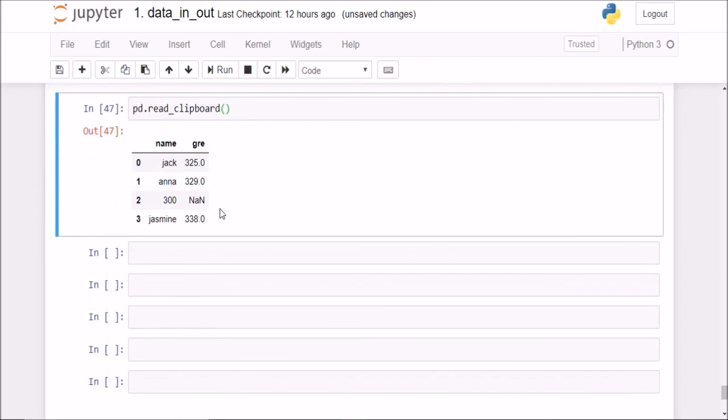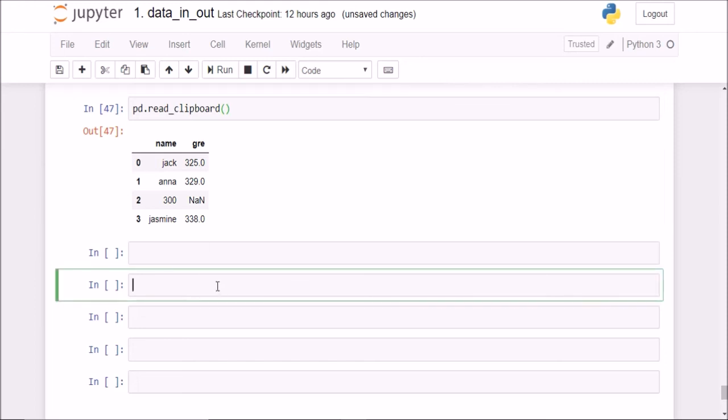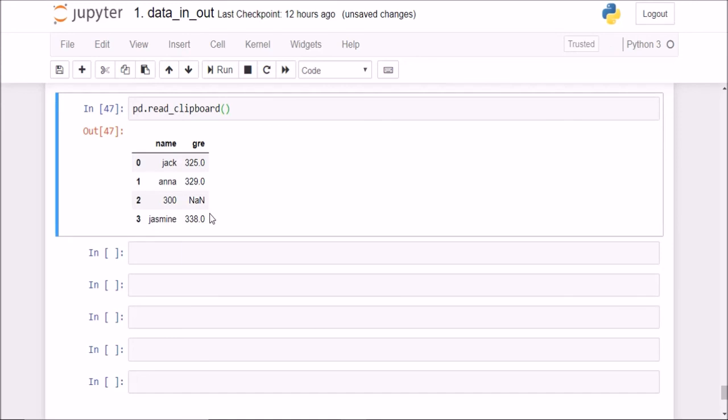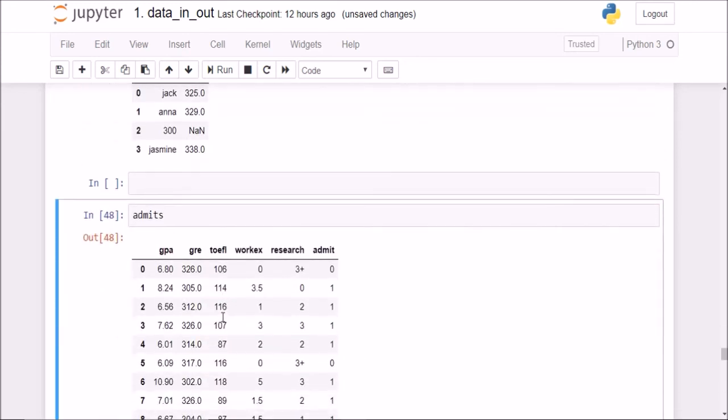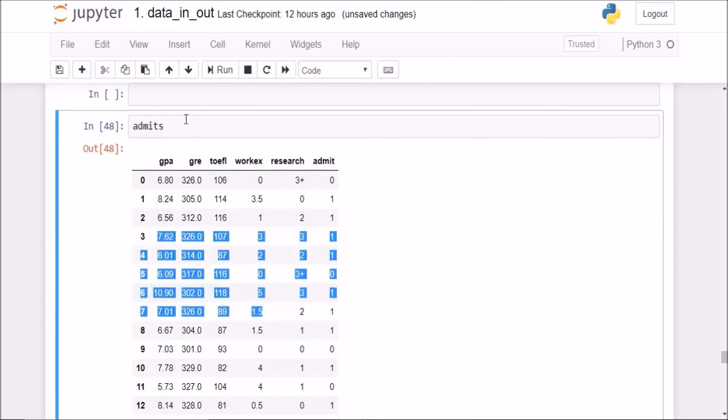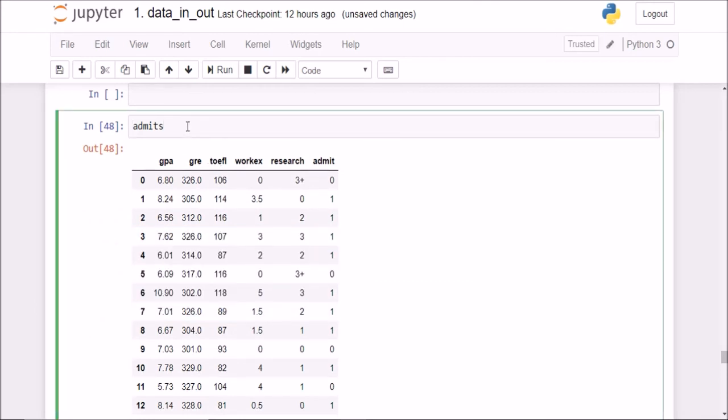Now after we have learnt how to read in data sets from CSV or Excel or Clipboard or HTML or JSON, we now should know how to export the data that we have, for example the data that we have here, into a CSV file. This admits data frame looks like this. Now if I want to export this into a CSV file, what I'll do is